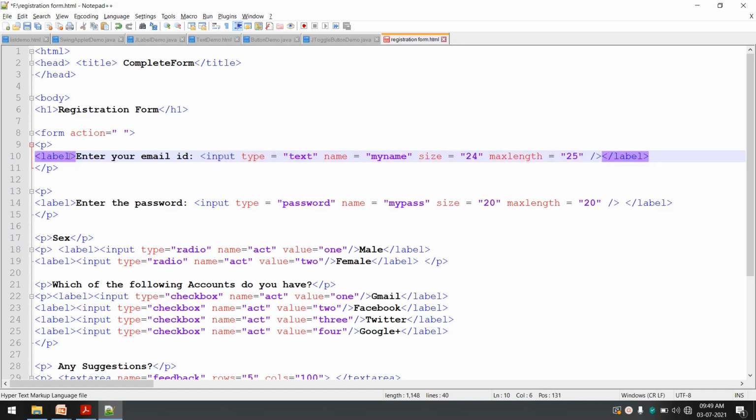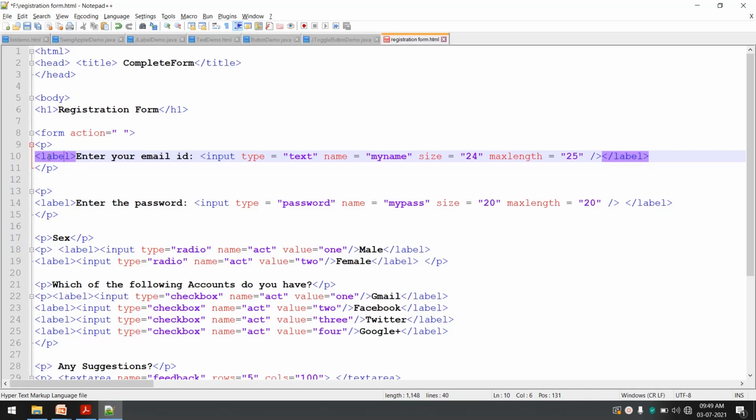So, why is a label used? A label is used to group the text and the widget together. You can see the text is enter your email and the widget is created by using an input tag, and both of those are grouped by using a label.